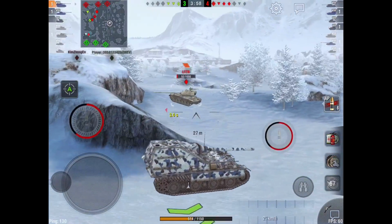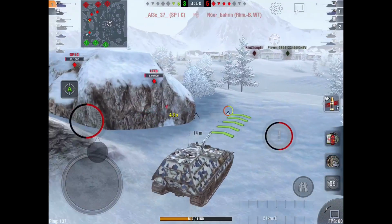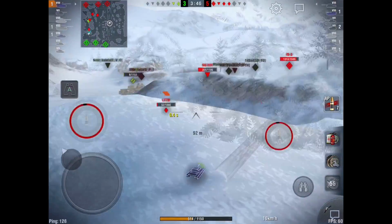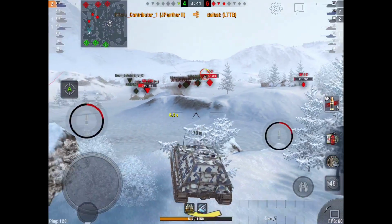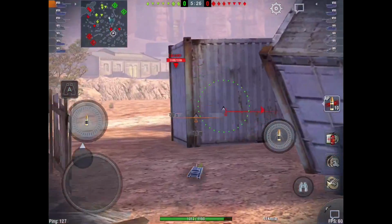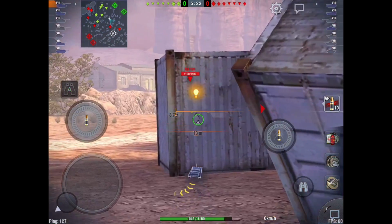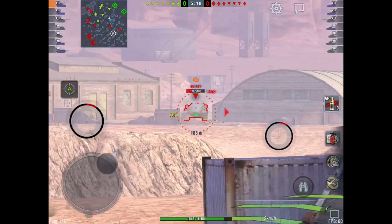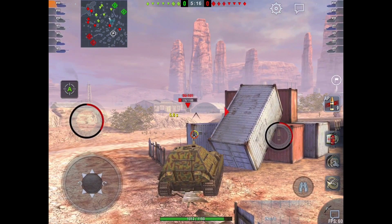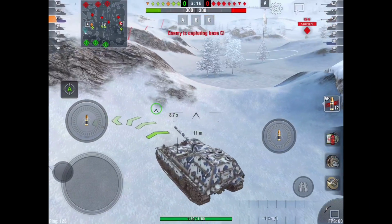I've got one where you can see they're smacking that LTTB with HE and then missing the shot, but being more than quick enough to just follow him around and set up for the shot again and get him, because it's that quick. It's 55 kilometers an hour. It can side scrape. You're going to see me juke a shot out here at the end and just take it on the tracks. I'm going to let him sit and think I'm doing it, and then just jerk back and try to get him to fire,